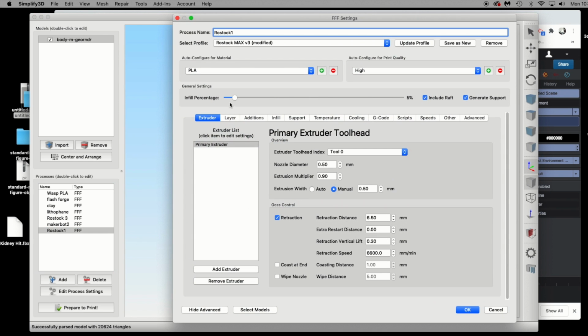With most of my models, I like to use as little infill as possible. 3 to 5% works pretty well. I have an open bed printer, so I'm using PLA, and I'm not going to adjust the speeds or anything for this. I do like to include a raft. You'll have to pull that off first, and I'll show you that once we print this, and obviously generate supports. So I'll click OK,